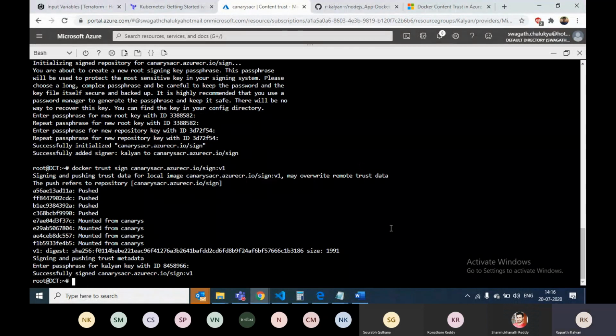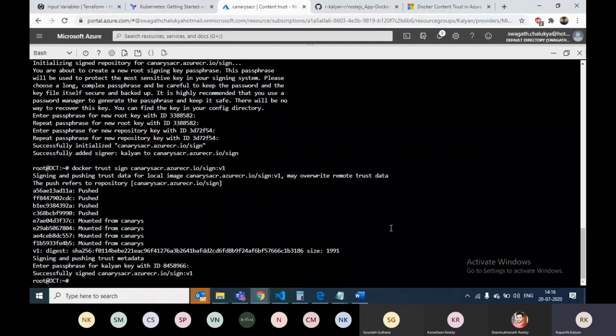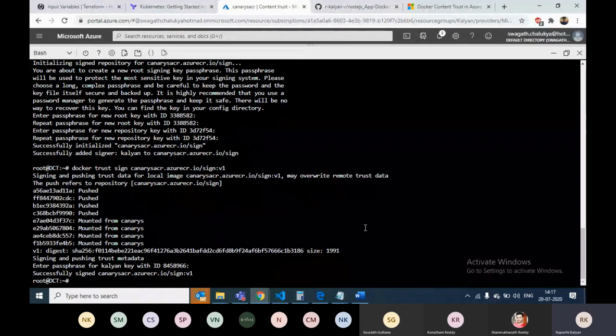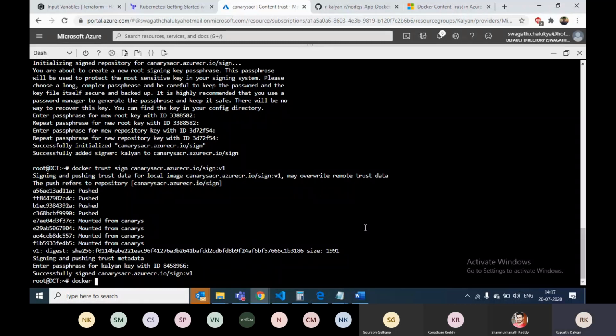Okay. And yeah, so I haven't enabled this VM with the content trust. So I'll go and enable that. By enabling this, you can only work with the signed image. I'll just show you that once. But before that I'll just delete these images. Docker images.